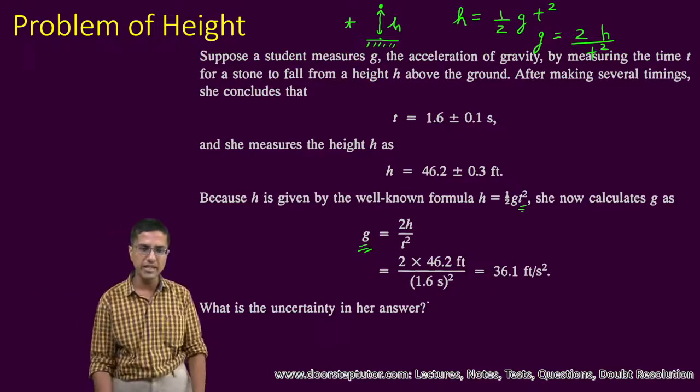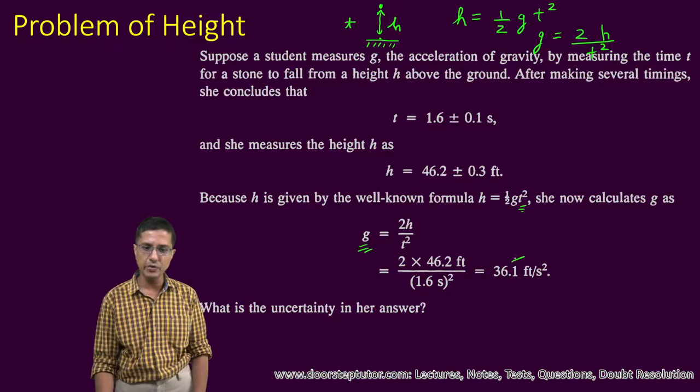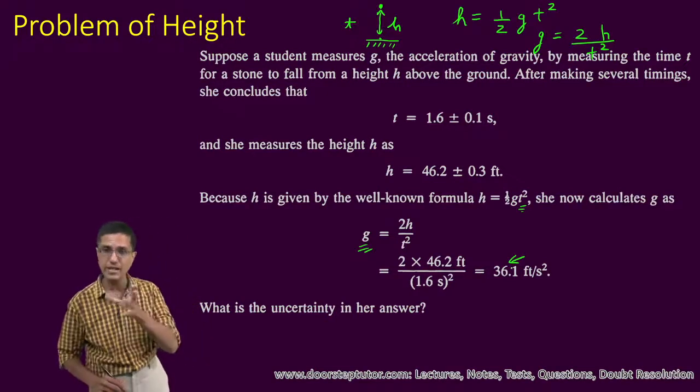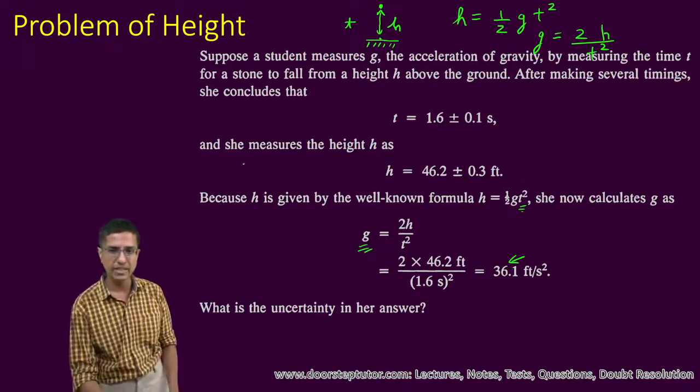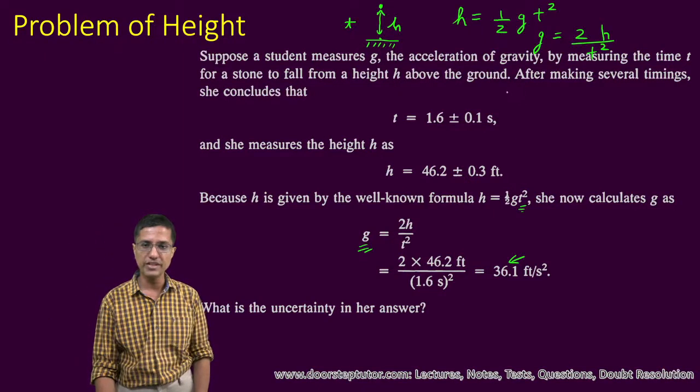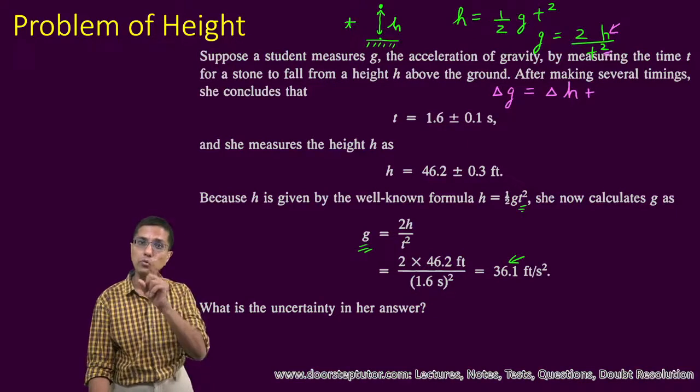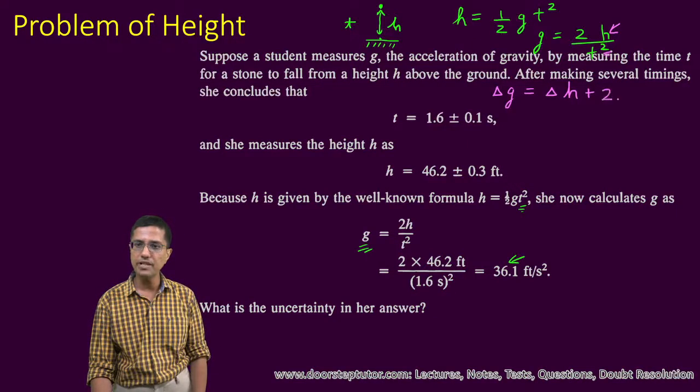The person has already computed the value of g to be 36.1 feet per second square, and now we want to find out the error in g. That is, we want to find out the value of delta g. So let's just again try to do that. Delta g would be equal to the error in h, which is delta h, plus, because t is raised to power of 2, that is why we will multiply the error in t